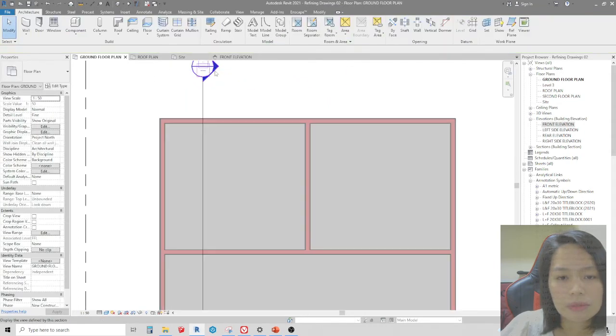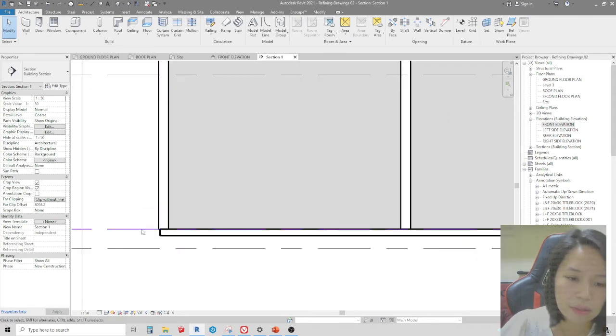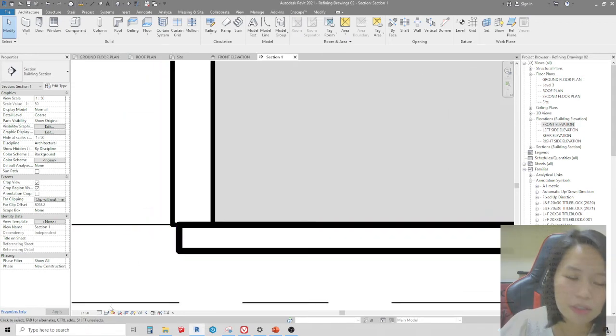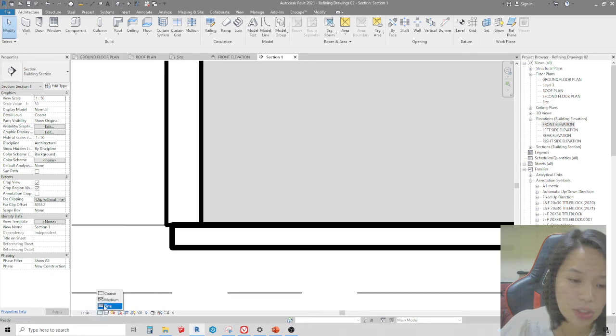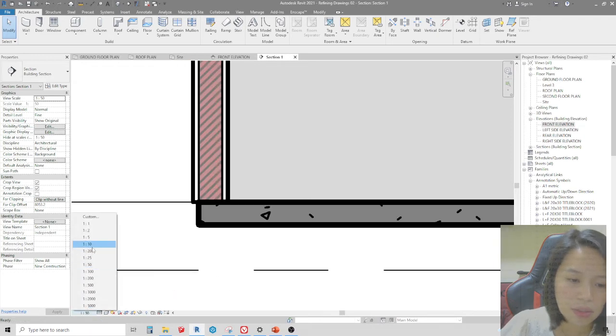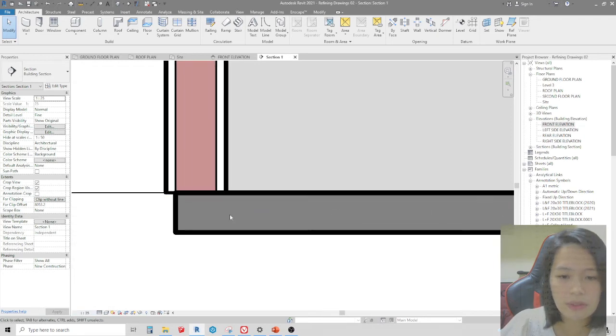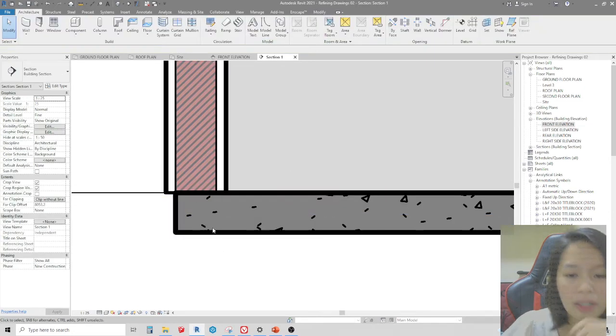Na section. Double click natin. There. It will look like this. Ay, parang bunjing. Yes, parang hindi talaga siya maganda tingnan. Hindi siya aesthetically pleasing. I'll change this to fine. Let's see. Then, maybe I'll change this to 25 para mas thin. So, if you can see, yung floor-to-wall connection natin, parang hindi siya